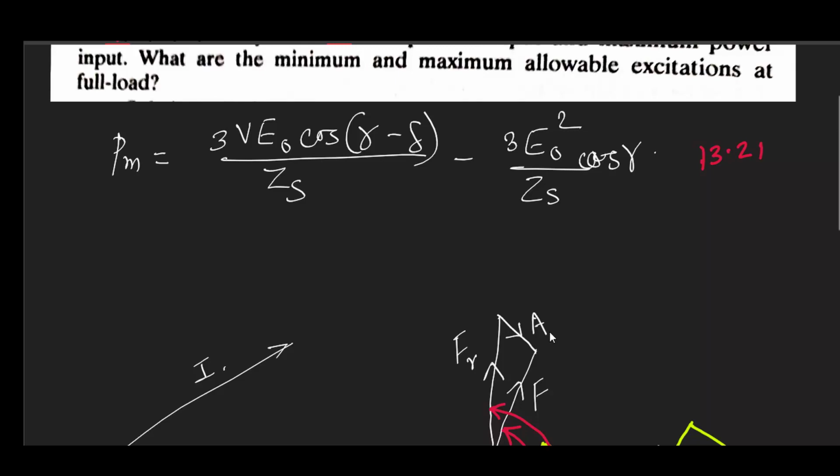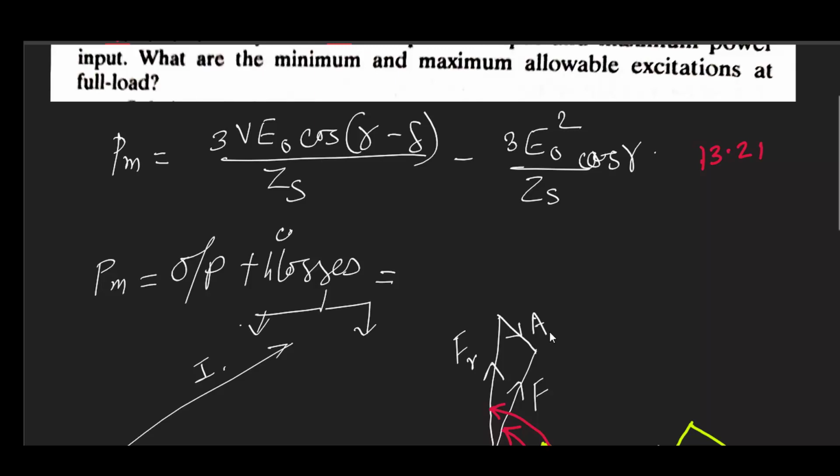It's equal to... So these losses are typically your friction, like mechanical loss, and core losses. So what we are having here, it is